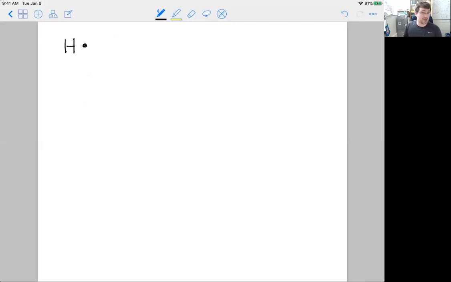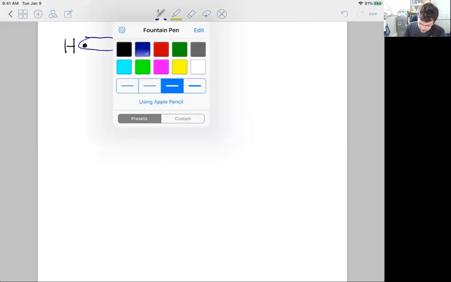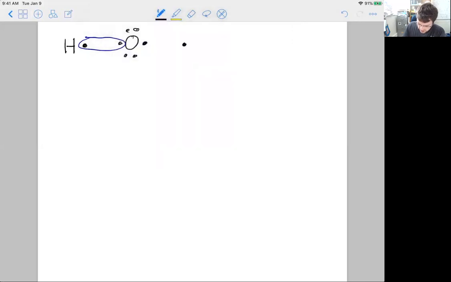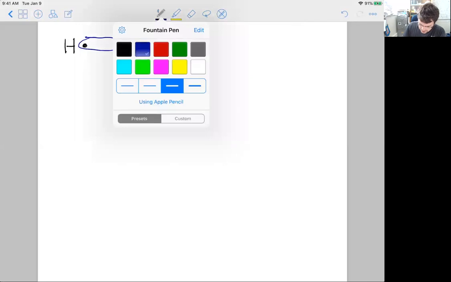So hydrogen would much rather, instead of giving up or taking electrons, just bond to another element. So what we're going to do is pay attention to oxygen. Oxygen is 2 electrons away from having an octet. Picking up 2 electrons might be a big ask. So instead, it's going to share electrons. We're going to have oxygen and hydrogen share electrons. And oxygen actually has room for not 1 hydrogen, but 2 hydrogens. So hydrogen and oxygen